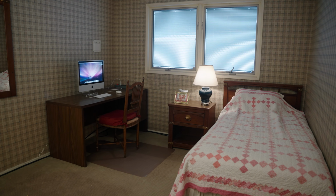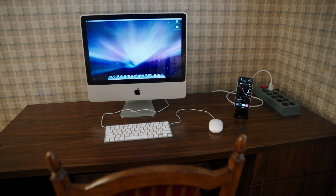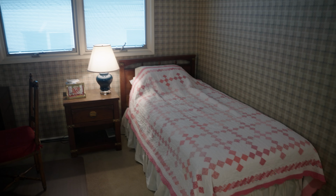See, an office or a studio isn't just a room. It's an acknowledgement that what you're doing is important enough to deserve its own space. Welcome to my 50 square foot, tiny, mid-century modern YouTube studio and office that also serves as a guest room